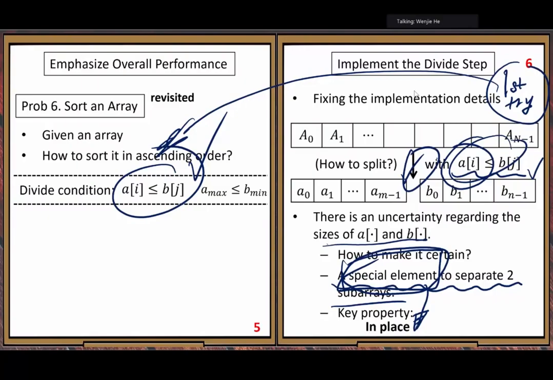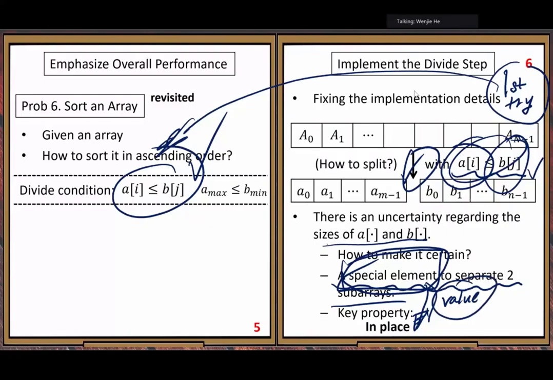For the left subarray, all the values are smaller than or equal to some value. And for its right subarray, the values of all the elements are greater than some value. The value is that of the separator, because this is an element, and this element has some value.